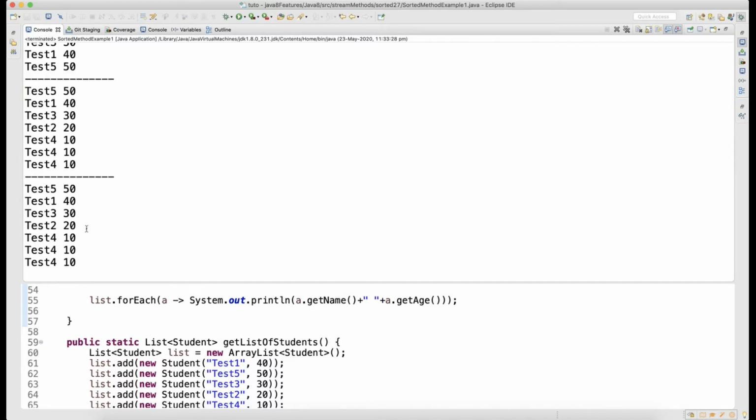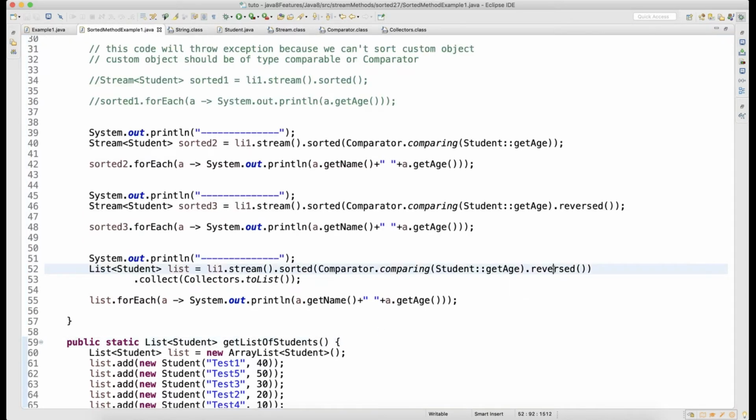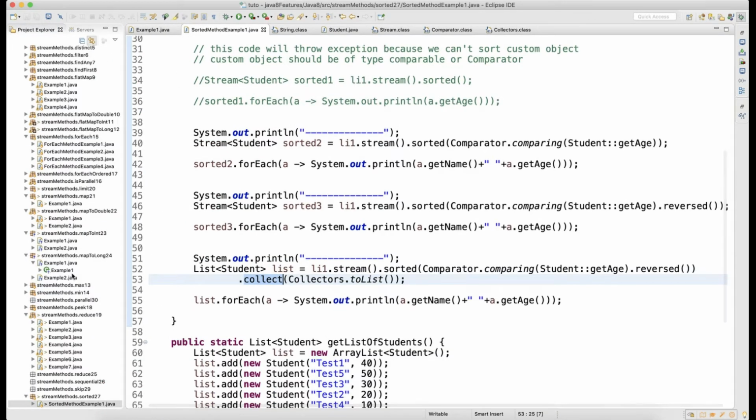Then again the third one, what I did here is I have just collected as a list the reversed one, whatever reversed one you have, and I just process the data. So if you look at this, both are same, okay? This reversed output, and collected as a list and then I ran a for each loop, both the outputs are the same. There is no difference, guys, okay? Because here I just reversed and then I collected as a list. Got it? There is no difference. So that's how it works. It's pretty simple, straightforward, the sorting one.